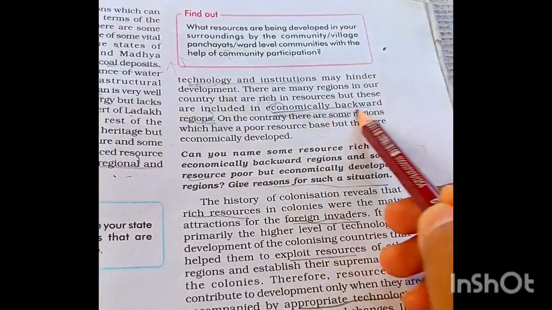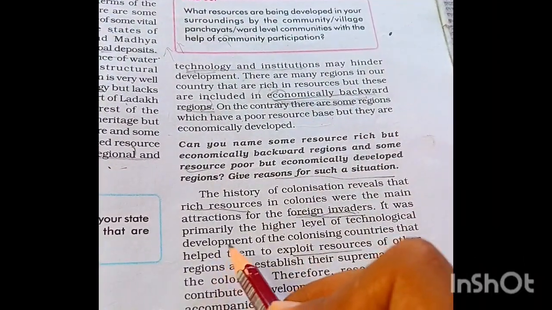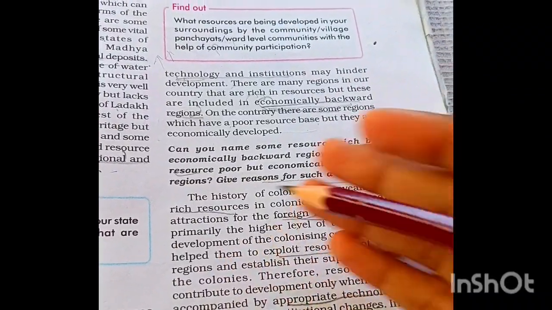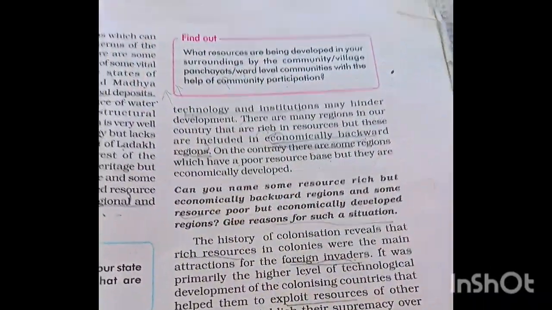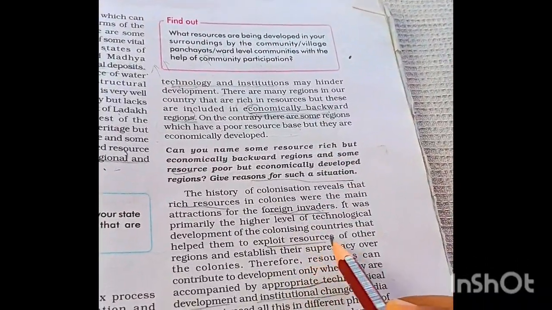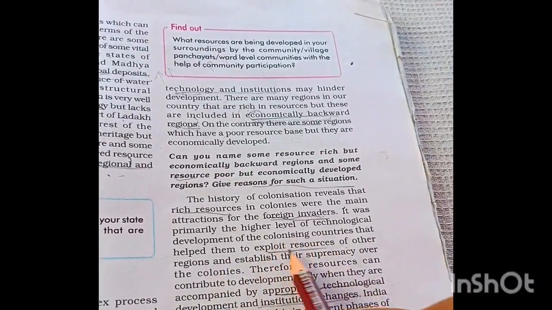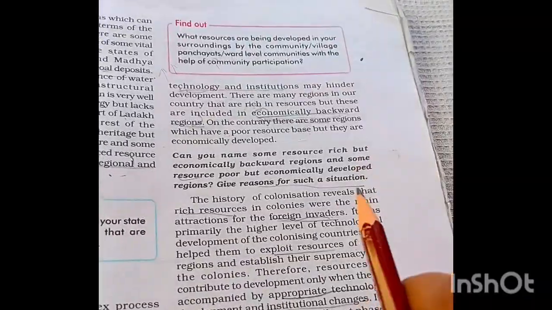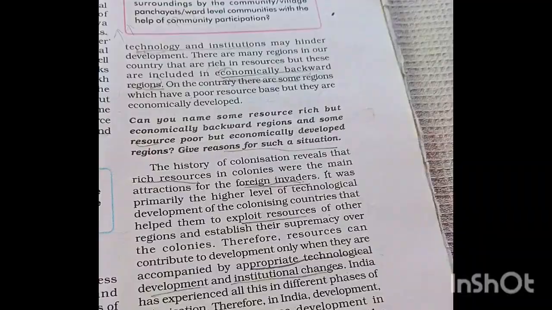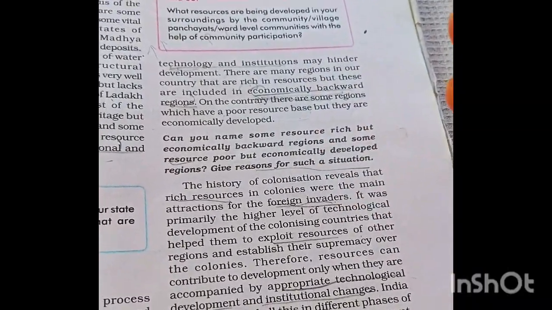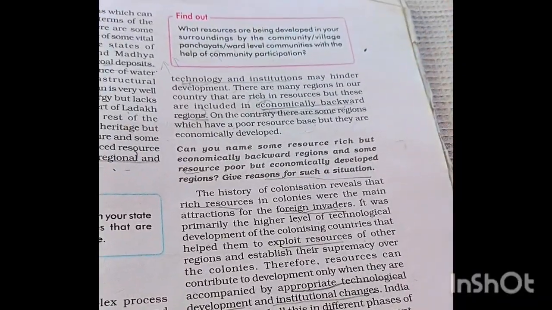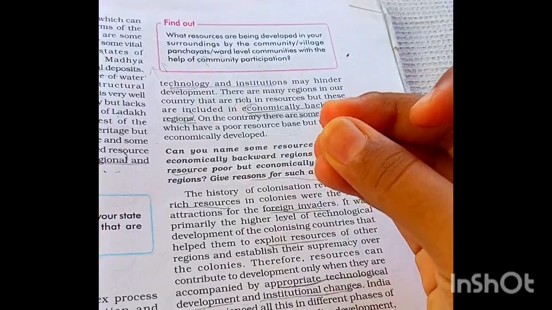Because we were economically backward. It was primarily the higher level of technological development of the colonizing countries, the British, Dutch and French, that helped them exploit our resources. They had ships, they used to trade. We used to grow the spices, but we didn't have ships and trade facilities. They came, bought for very little money and traded for very high money,